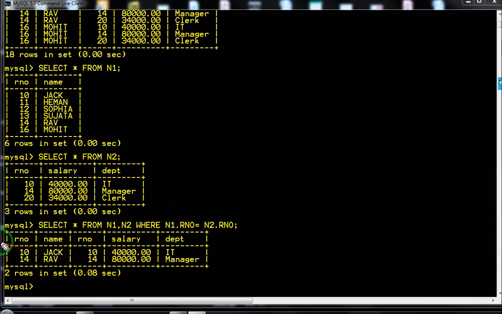You can see all the columns are there, roll number, name, these 2 are from the first table, and these, roll number, salary and department, are from the second table. So, in equijoin all the columns will be displayed, roll number, name, roll number, salary, department. Even if they are duplicate column names, they will also be displayed, like you can see over here.